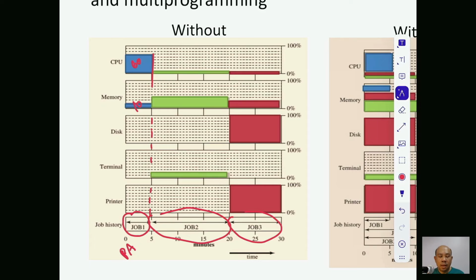And job 2, program B, holds the CPU 10%, memory I think 30%,